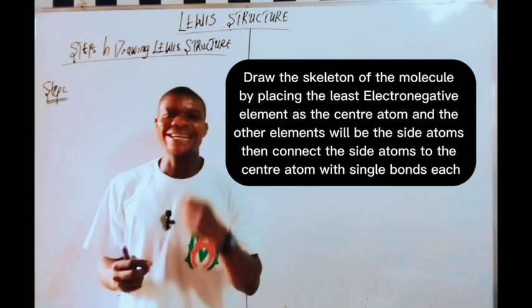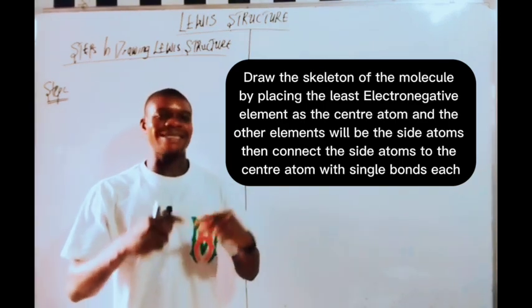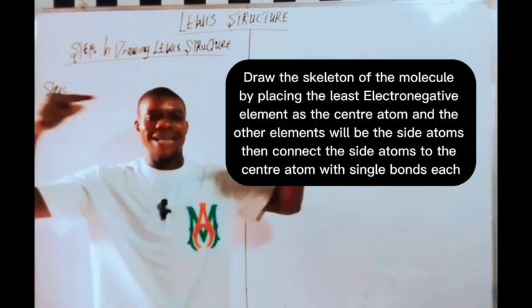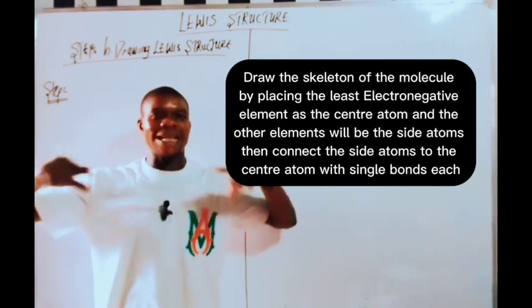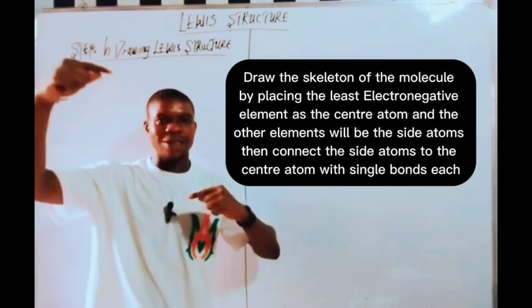You do this by placing the least electronegative element at the center, while the other atoms will be the side atoms. Then connect the side atoms to the center atom with